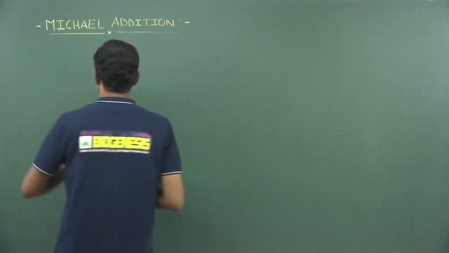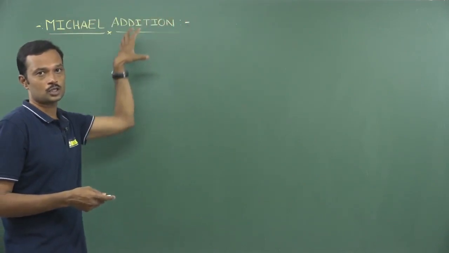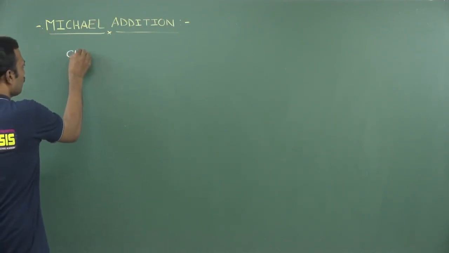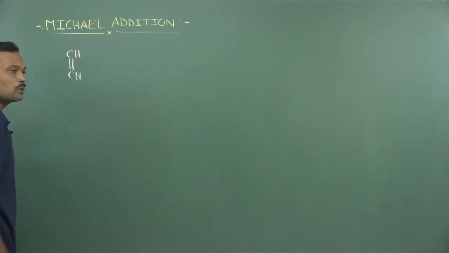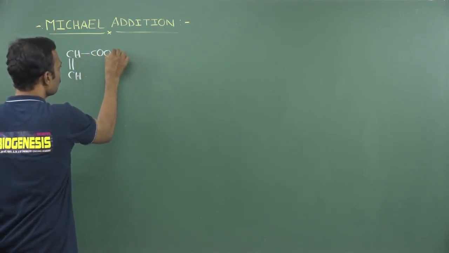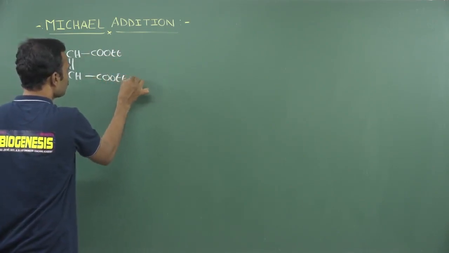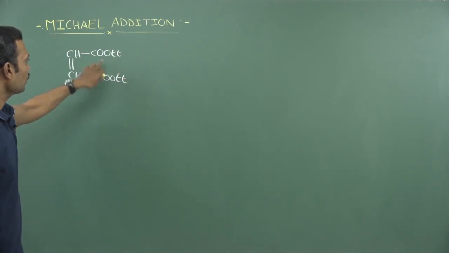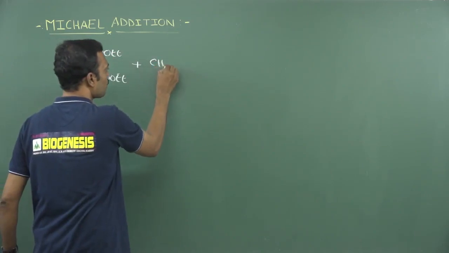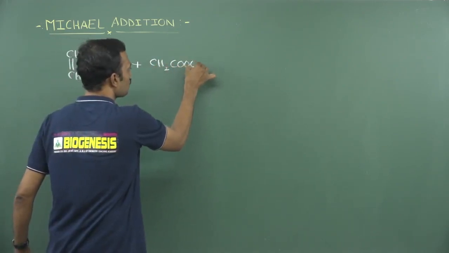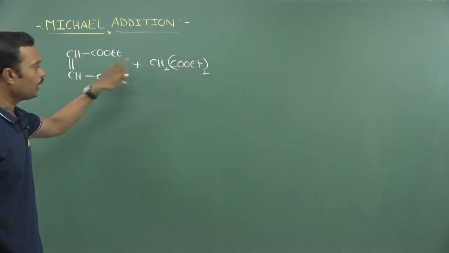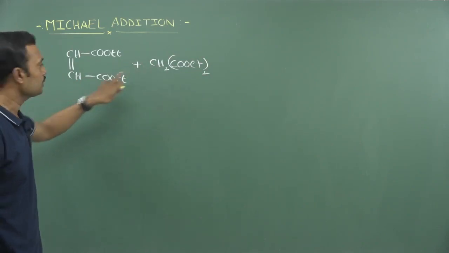We know very well these addition reactions in which a conjugate addition takes place with respect to an electron withdrawing group. So every time we need to take an alpha, beta unsaturated derivative. It may be a carbonyl, acid, ester, anything. Here I am taking an ester, COOEt, and here also COOEt, diethyl malonate. If I want to react with any molecule which has an acidic hydrogen, carrying COOEt taken 2 times, this is called a donor and this is an acceptor, having an activated methylene group, and this is an activated olefin.